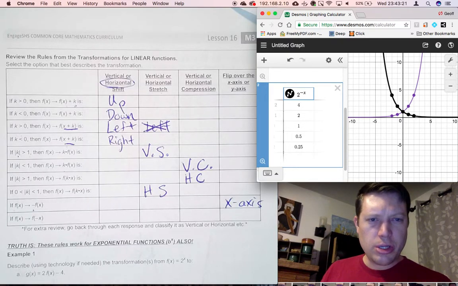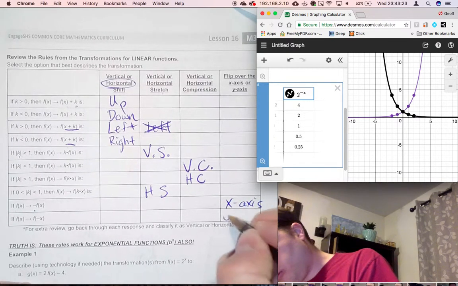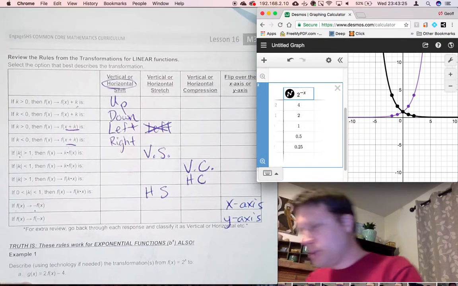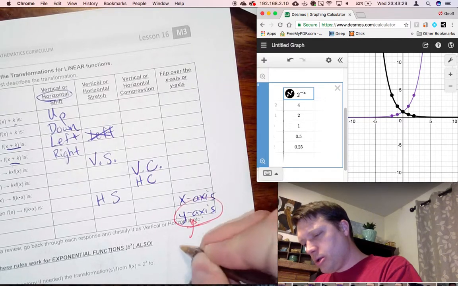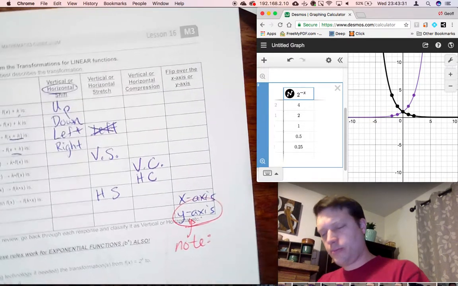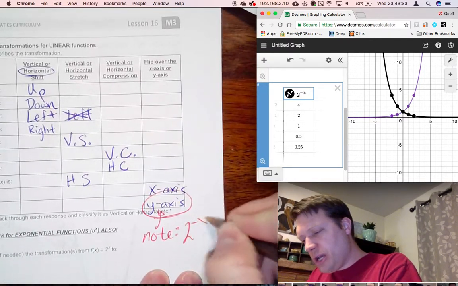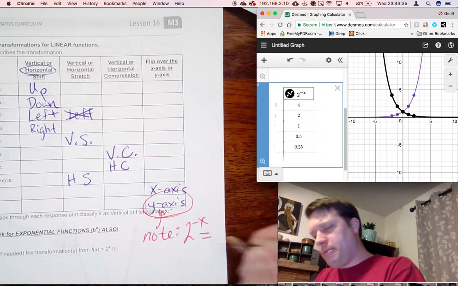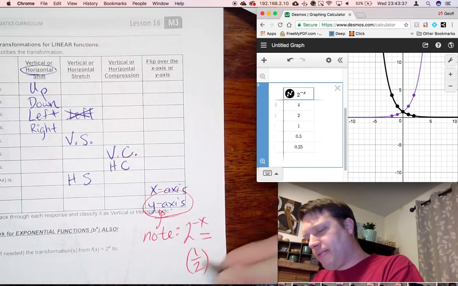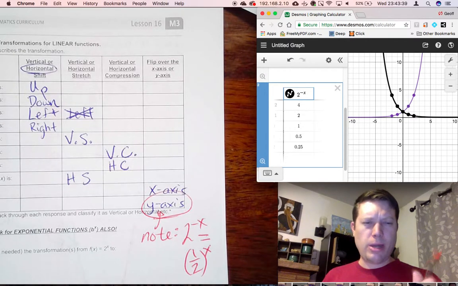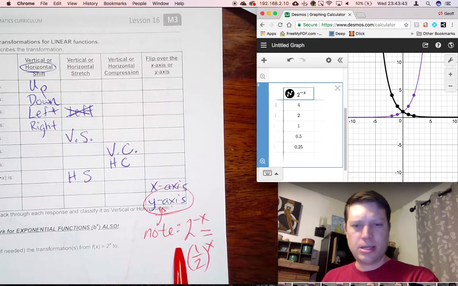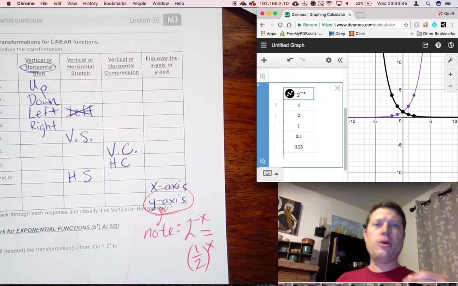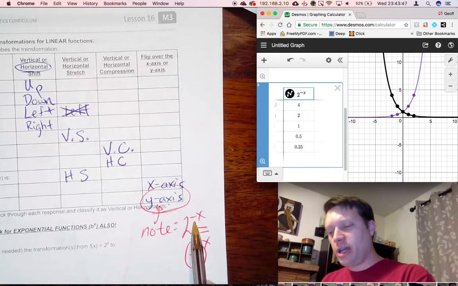That function, 2 to the negative x, oh, that's worthy of a note somewhere. Note: 2 to the negative x is the same as 1/2 to the x. Think about why that might be true. What do you know about negative exponents and what they do to bases? That also works whether you have a variable or you have a constant. If there's a negative exponent,